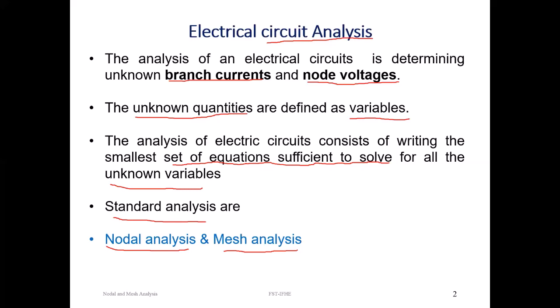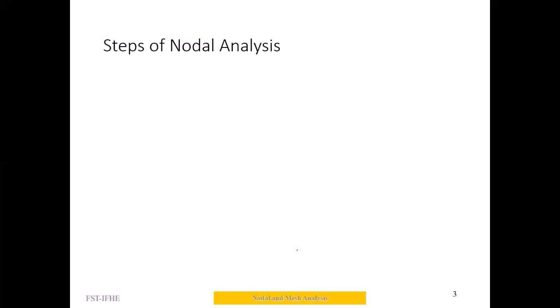First, let us recall what a node in an electrical circuit is. A node in an electrical circuit is a junction wherein two or more circuit elements join together. A node may not be a simple junction. A node is an interconnection of all the wires until you encounter another circuit element. So we need to follow certain steps in nodal analysis. Step number one is to choose the reference node.